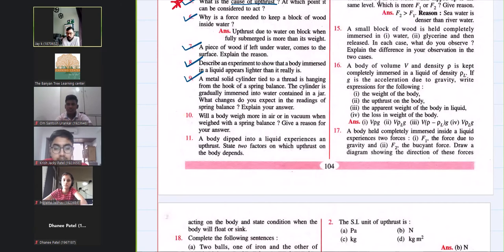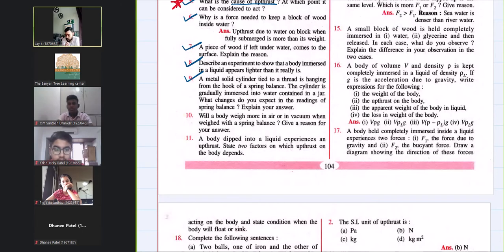Okay. What you will observe is that when a cylinder is weighed in air, okay, it shows its true weight in air, and the weight is equal to the force due to gravity. Okay, now when this cylinder is submerged slowly into the water, its weight shown in the spring balance starts decreasing. This is due to the upthrust exerted in the upward direction by the water on the cylinder. Now, when the cylinder is completely immersed,